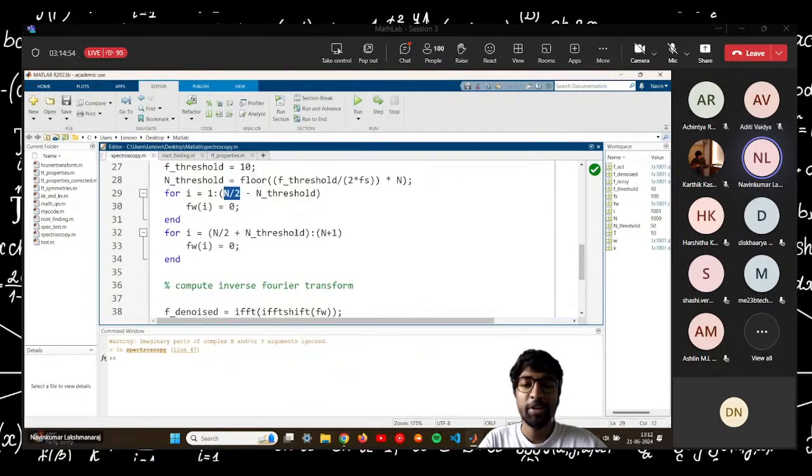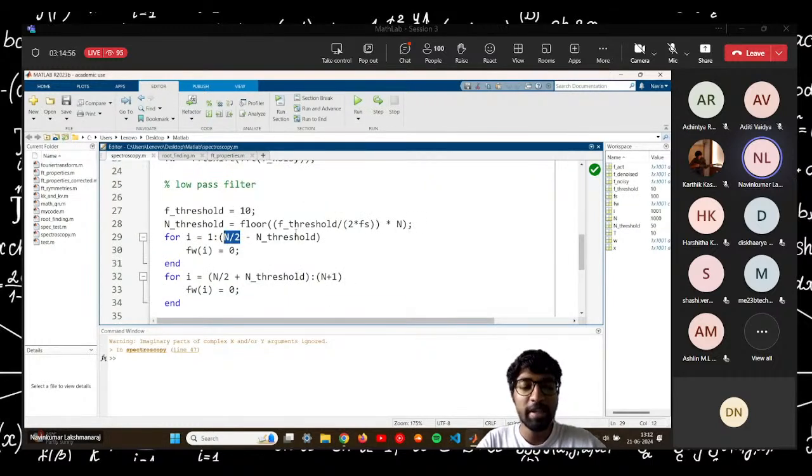That's because when you compute the Fourier transform, what you'll be getting is a list of frequency values from minus f by 2 to f by 2. So the actual 0 frequency will be located in the middle of the list. What you can do is, from the middle of the list, go some 10, calculate the number of points to the right and to the left of the middle, which correspond to 10 hertz, and you can set the value